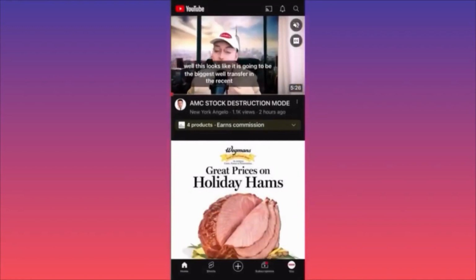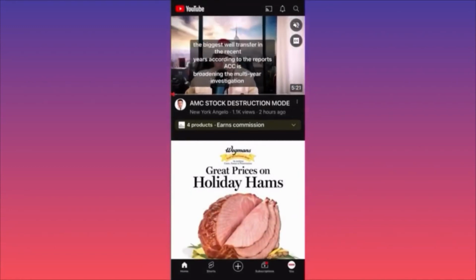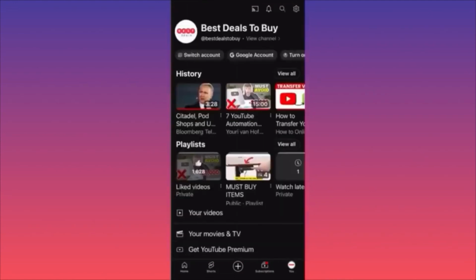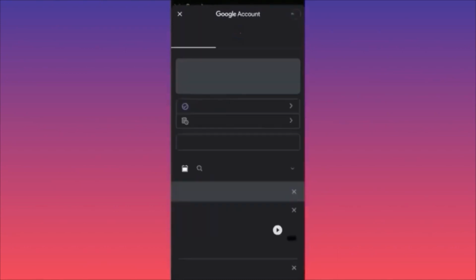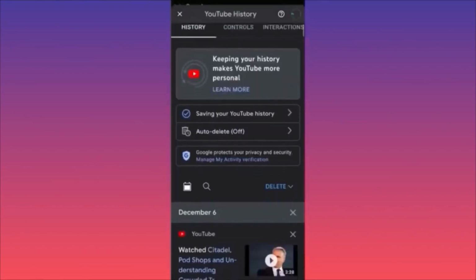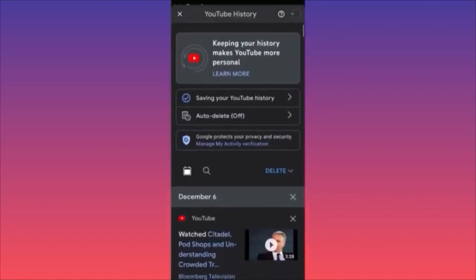When you launch the YouTube app, you will be thrown into the YouTube feed. You want to go to your own profile, so you click on the lower right corner where you see the icon that says You. When you're on your own profile, you click on the top right corner where the gear icon is. And then when you're at the settings, you want to click on Manage All History. You click on Manage All History, and here you will have the options essentially to look up and to see